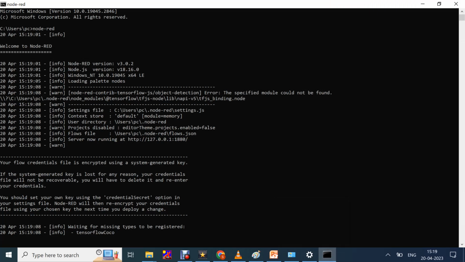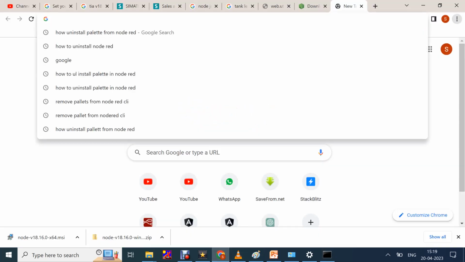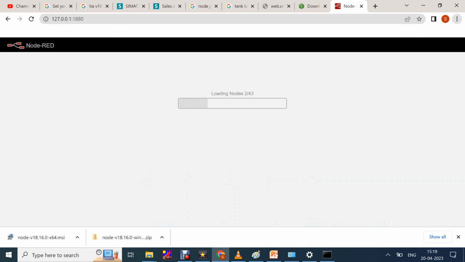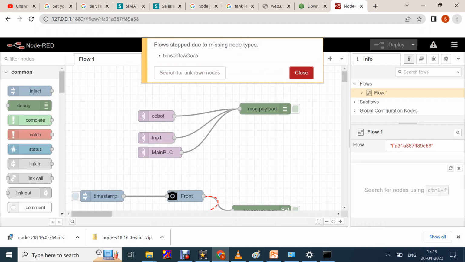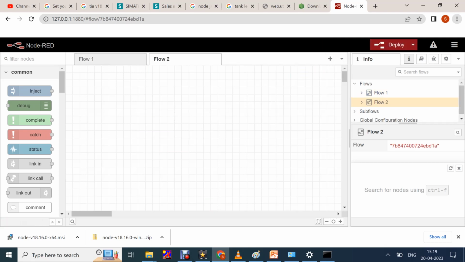You can check the web server address of Node-RED. You can hit that, and you will be able to see your Node-RED dashboard. That is the flow editor. Here you can write the program graphically; that is the old program which was saved on my laptop. So in the next section we will